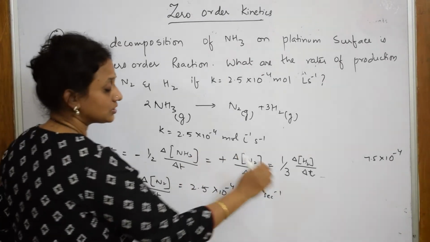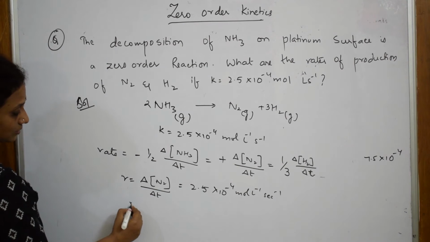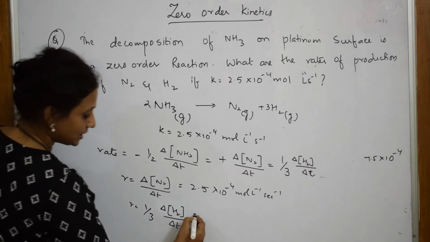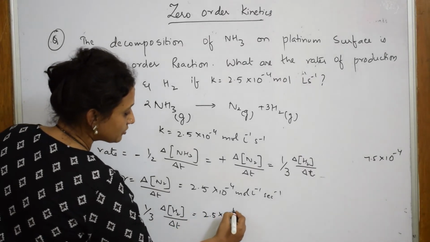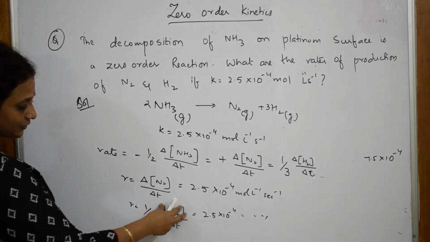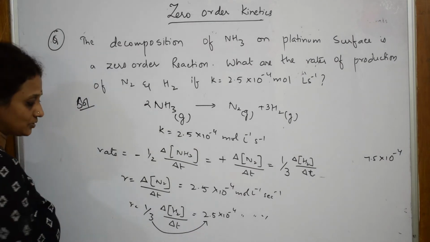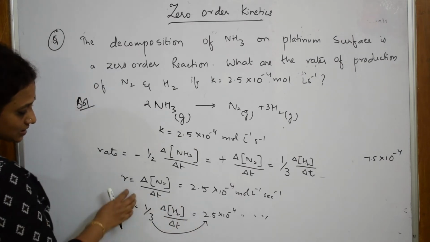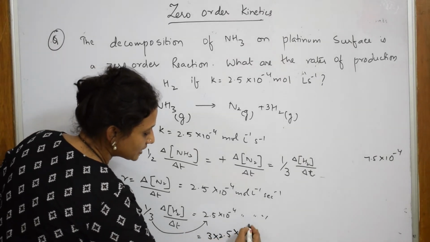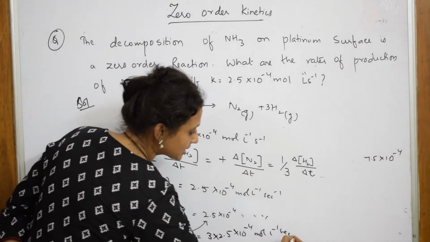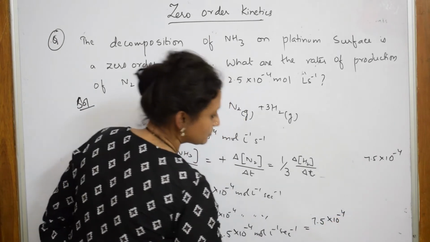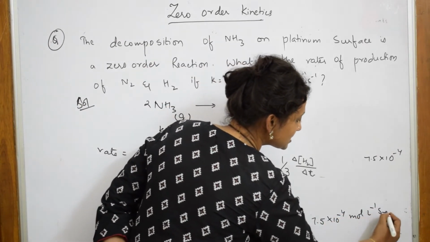Now this is for nitrogen. Now I have to find it for hydrogen. Hydrogen, how much is this? It is equal to, how much is this? 1/3 delta hydrogen divided by delta t, which is equal to 2.5 into 10 to the -4 mole liter inverse. Now I have to find out for this whole thing. Now you're going to cross multiply with this, yes or no? Because when I take this out, this gets multiplied with this. What do you get now? 3 into 2.5 into 10 to the -4 mole liter inverse second inverse. You get an answer of 7.5 into 10 to the -4 mole liter inverse second inverse, because that is the